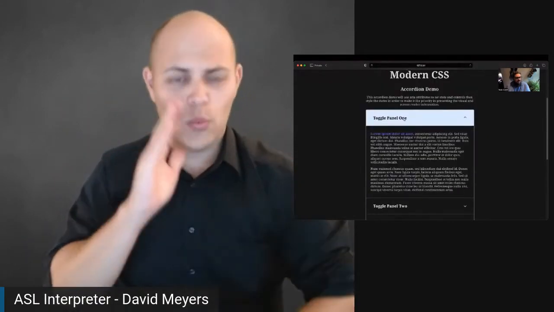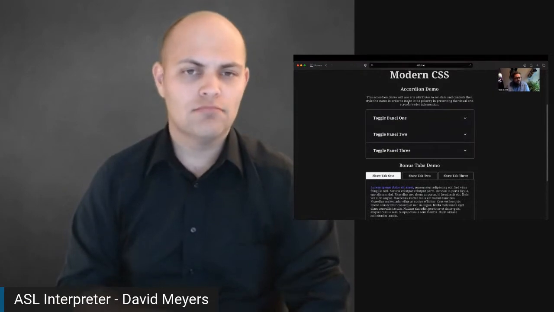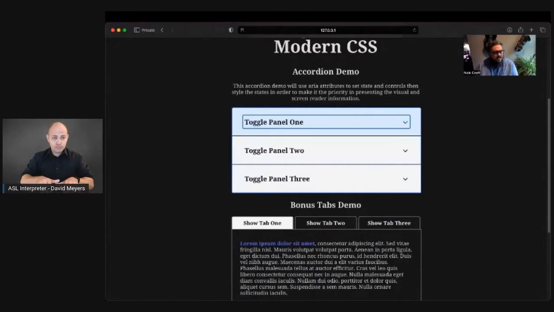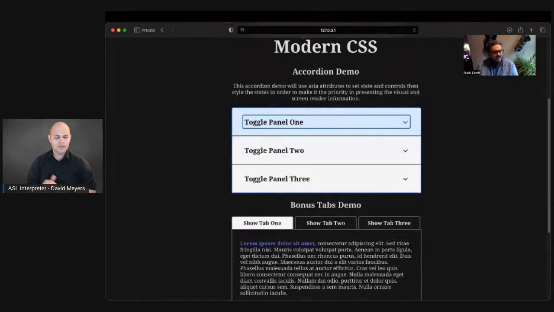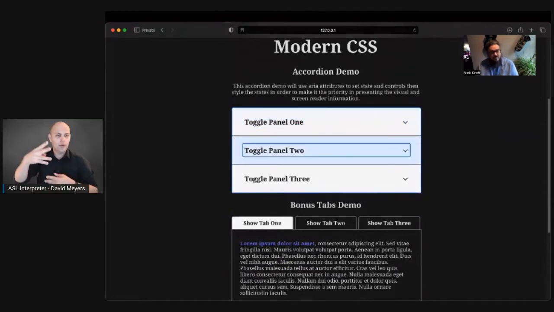Now I can also use my keyboard. So I'm switching to use the tab key. I am focused into panel 1, and I'm going to hit the space bar and it opens right up. Now if I tab again, it's going to focus onto that lorem ipsum because it is a focusable element. I'm going to tab out and close. If I tab again, it's going to skip right over that. And that's really important that it doesn't focus on focusable elements when they've been hidden.